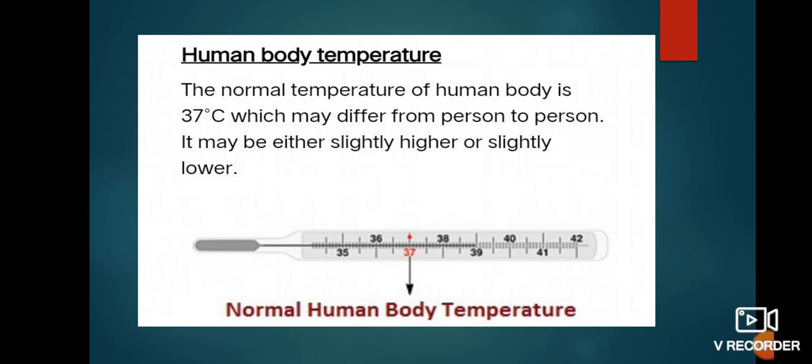38 degrees Celsius. This value is derived from the average body temperature of a large number of hale and hearty persons. The temperature of the human body normally does not go below 35 degrees Celsius or above 42 degrees Celsius. If the body temperature goes beyond the defined value, then it is necessary to consult a doctor. That is the reason that the clinical thermometer has a scale ranging from